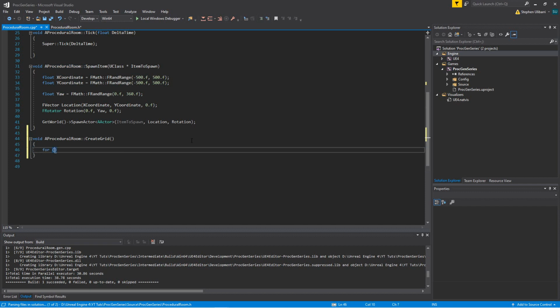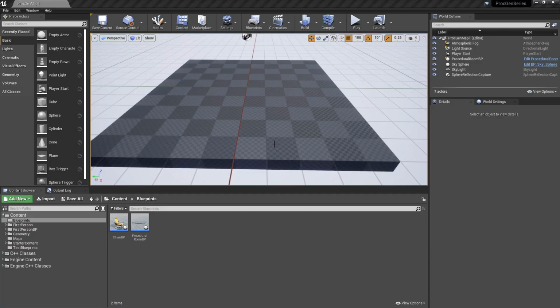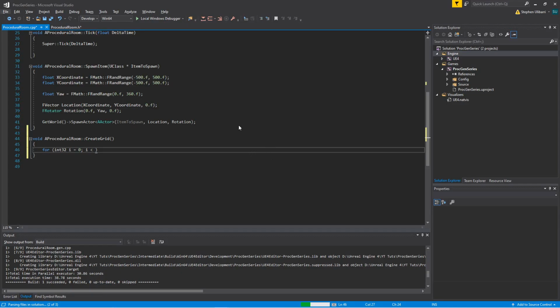So I'm going to say for, using int32s, I'm going to call this i, set it equal to 0, and say i is less than, and how many grid spaces are there? Well, if we look, we'll see that this is 1,000 by 1,000, and if these are 200 by 200, then there are 5 grid squares across the length or the width of this. And if I want to avoid hard coding,